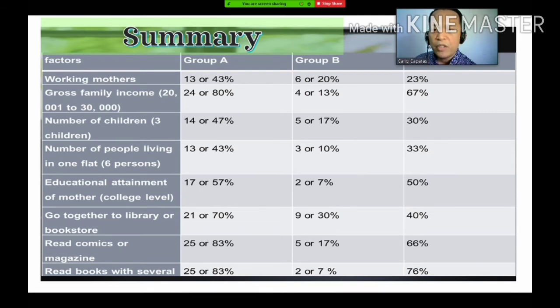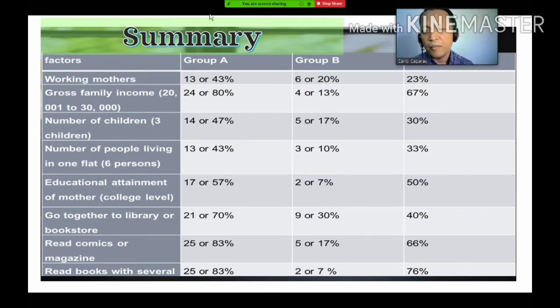So there is a gap of 23 percent, which could lead us to think that most of the mothers in group A have more attention to give to the study habits of the learner.